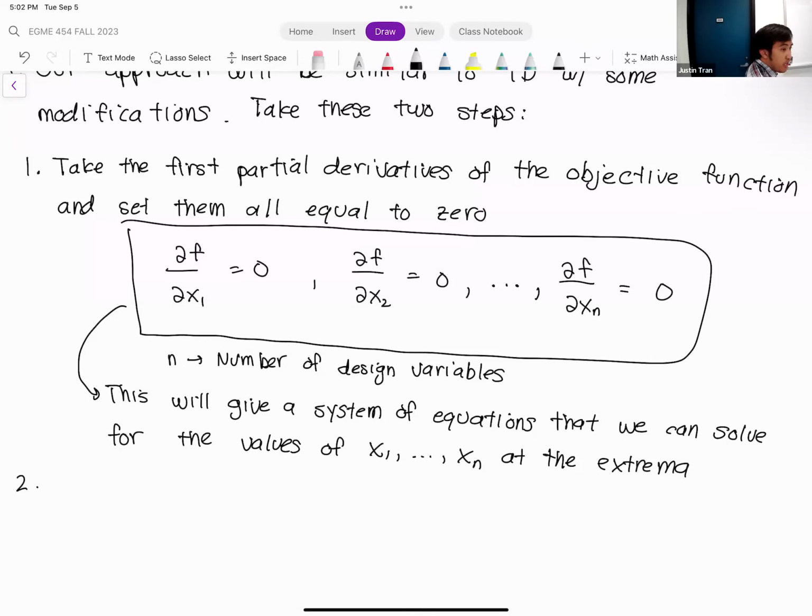All right, so that's step one. So step one is mostly the same as the 1D case, it's just you have to do more work, because it's in multiple dimensions. Okay. Step two here looks a little bit different. The concept is the same. And so we're going to take a higher order derivative, but how we organize it is a little bit different because we're in multiple dimensions, okay? All right, so in step two here, we're going to compute something called the Hessian matrix.